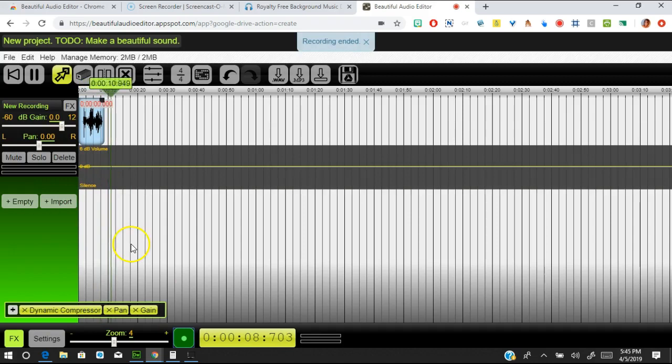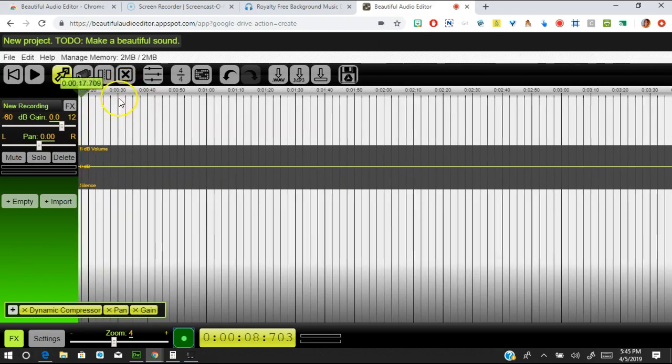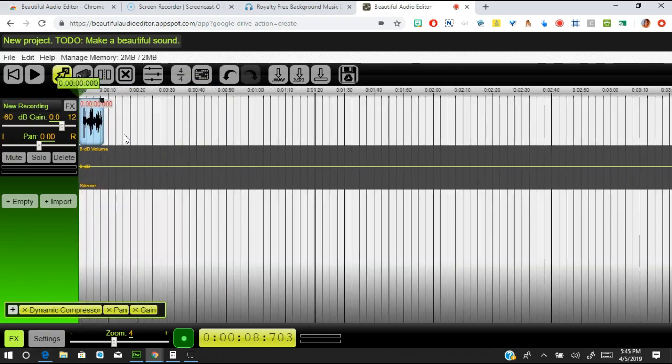Alright, notice that it just keeps on going. I don't know why. I guess that's just the default that they have going on here. If you press the space bar, as in most audio programs, it will start and stop your playhead moving. And then you can click and drag to move it around. It also has a zoom button, and you can use your arrow keys. It has a zoom ability down here where it says zoom 4. You can zoom up. I do think it's a good idea to zoom up so you can see really closely